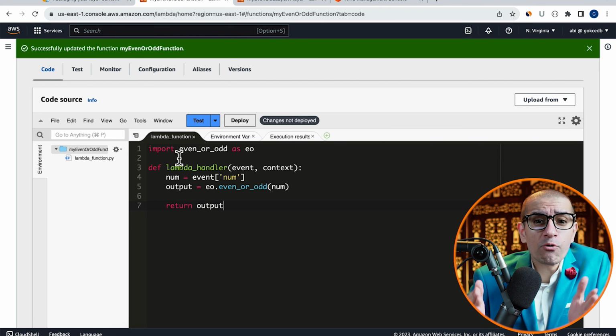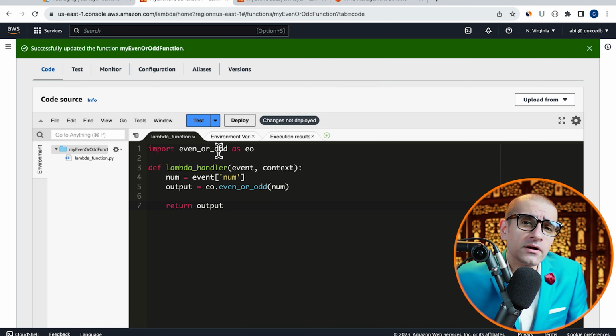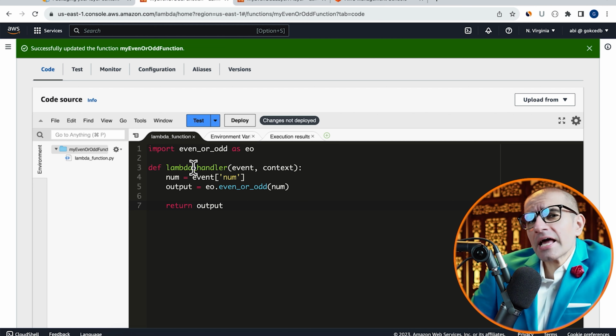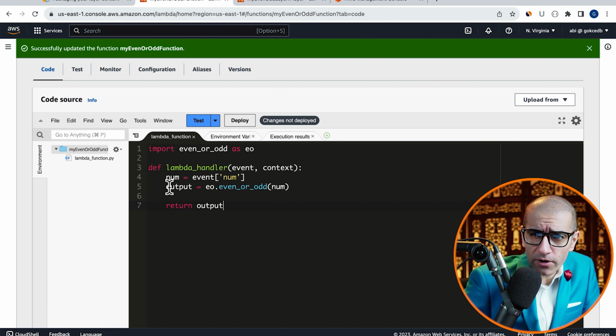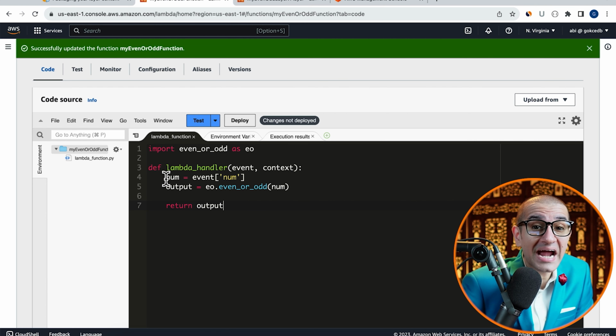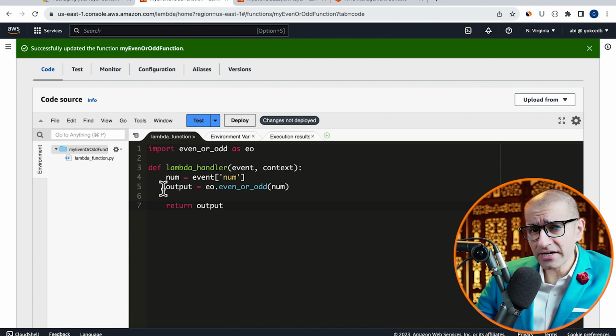It starts by importing the even or odd Lambda layer as EO. Inside the Lambda handler, just like before, on line 4, I'm extracting the num key value from event in a